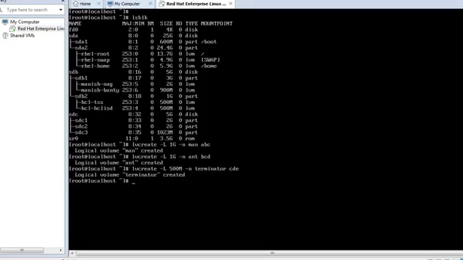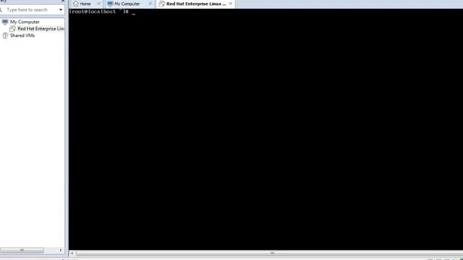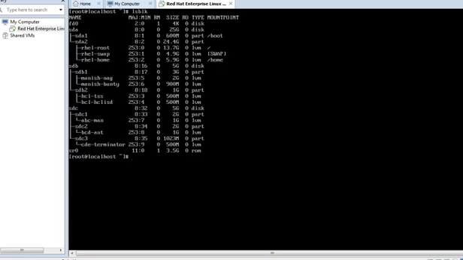Okay, so let's check now. First let me clear the screen. Okay, now see, ABC is the volume group name and man is the name of the logical volume. Now the same for the three. Now this LVM has been created.